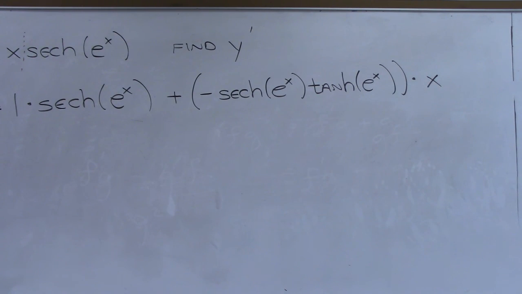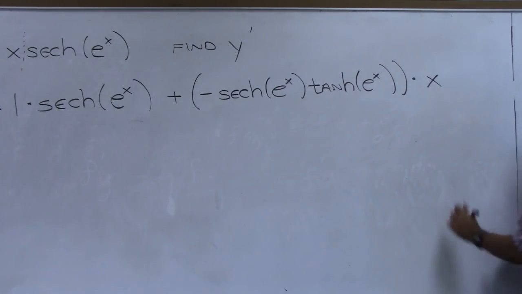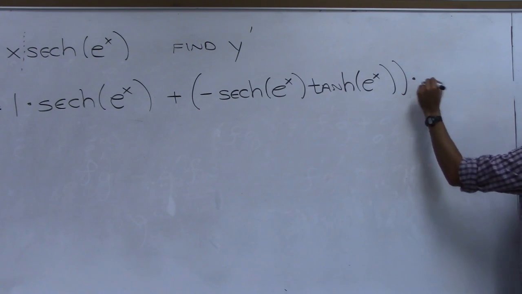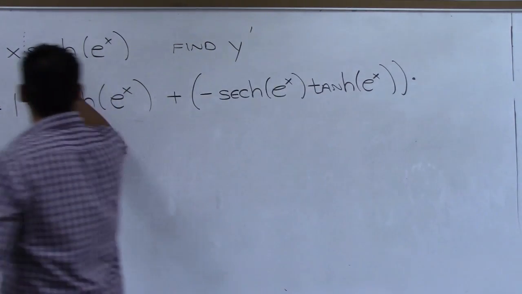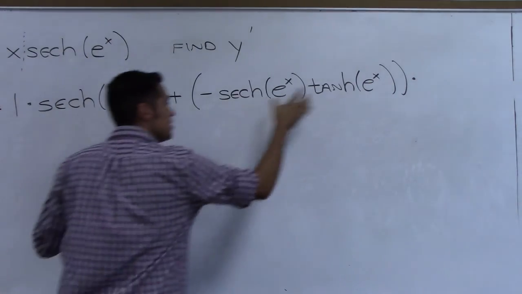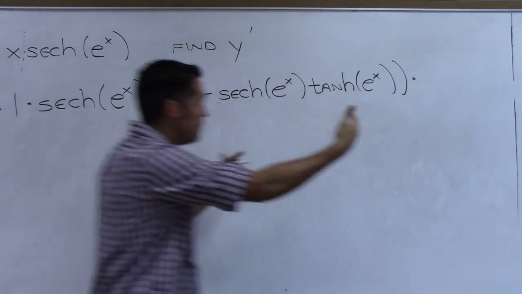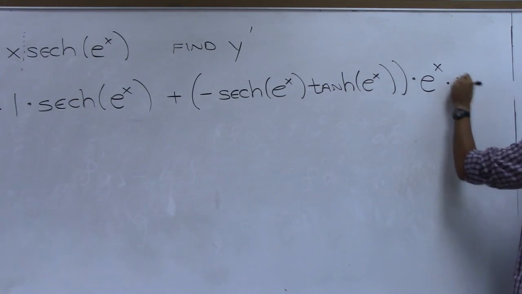Any questions? Why don't you take the derivative of e to the x? Yeah. Where is that? I didn't put it. I knew something was missing. Y'all agreed, so I just kept going. So when you did the derivative of secant hyperbolic of e to the x, you got this. Then go inside, take the derivative of e to the x. That pops out, and then the x. Glad y'all are paying attention.